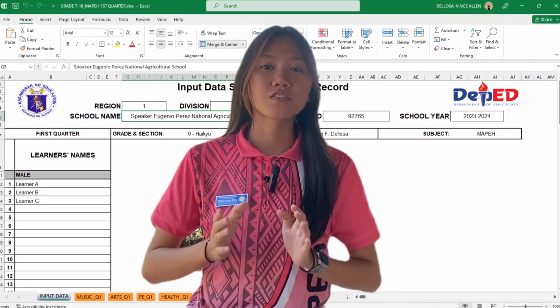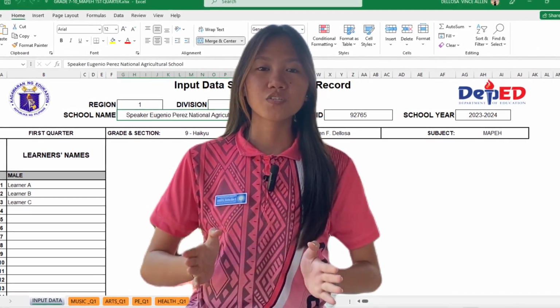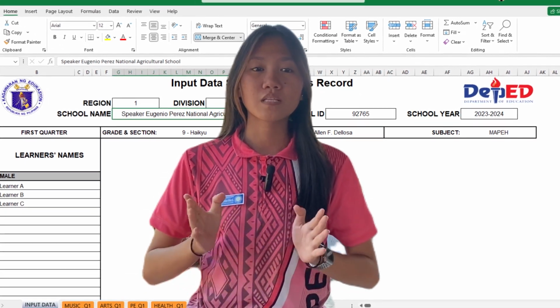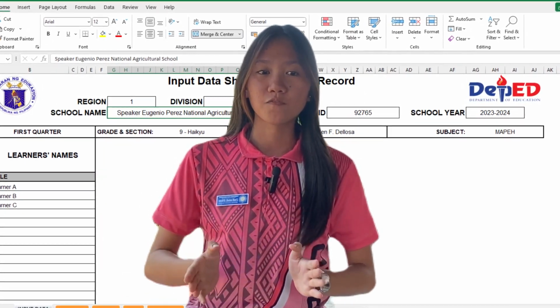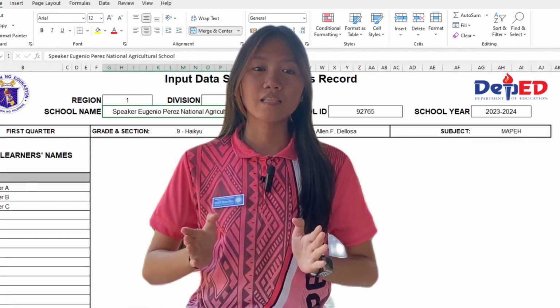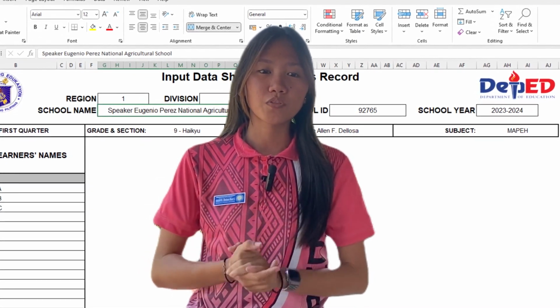As opposed to the traditional class record, teachers under the K-12 program use an electronic class record in Excel format to facilitate a high level of accuracy in the computation of learners' grades. Besides learning about the grading system and how to compute grades, we also work on different DepEd forms that teachers prepare at various times during the year.